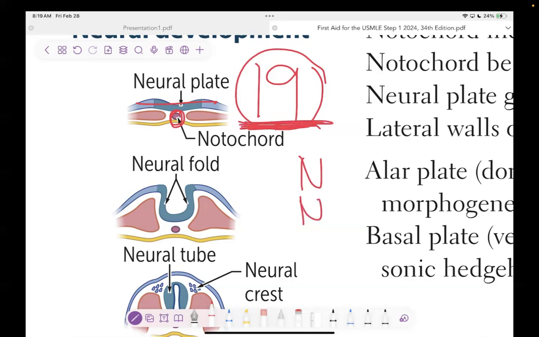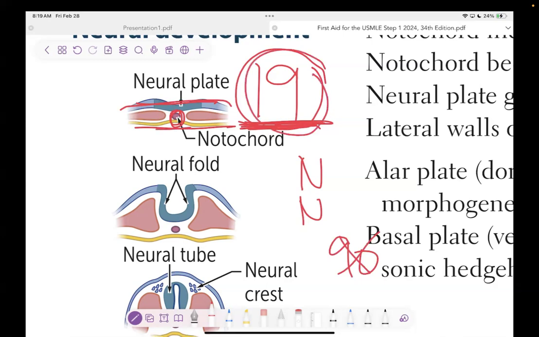So on day 19, not 90, okay? Because we know that these three layers are made in the third week of development. So of course, on day 19, not 90, notochord is made, and then once notochord is made,